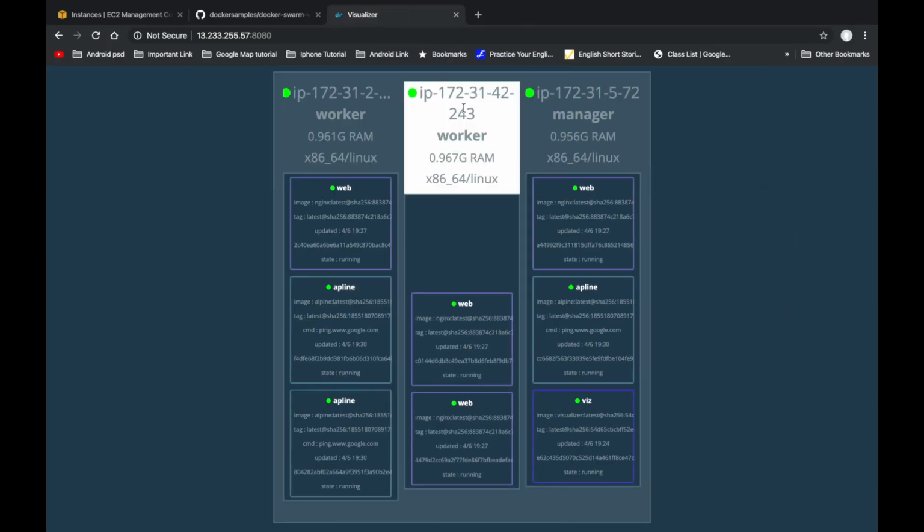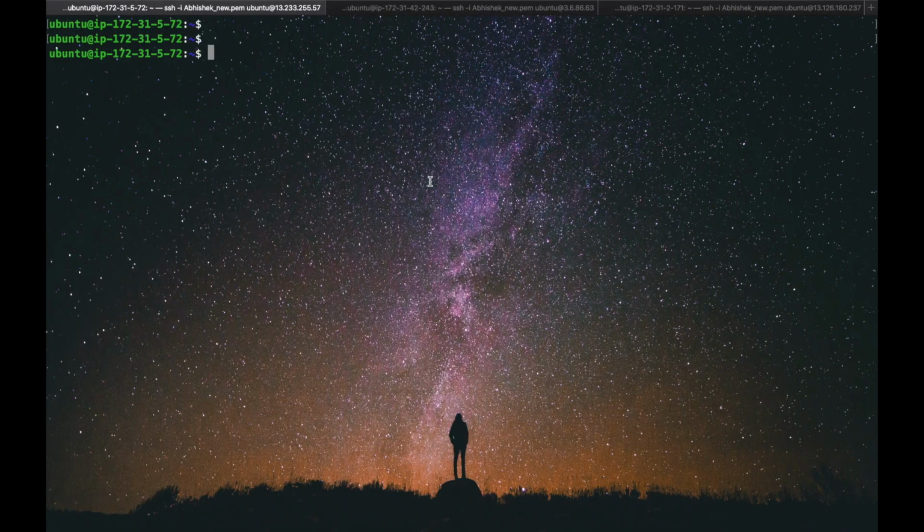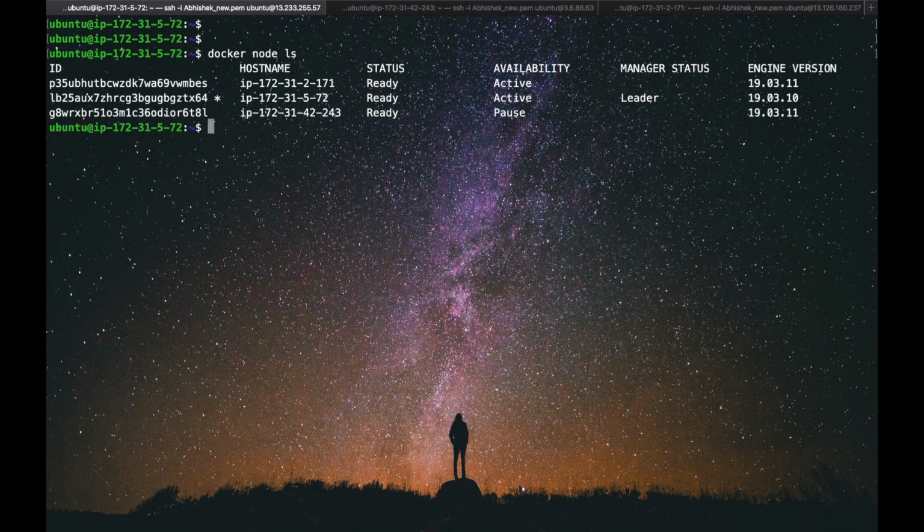Now we are making this node active again. docker node ls. The same command we have to follow: docker node update --availability=active and provide the node ID.